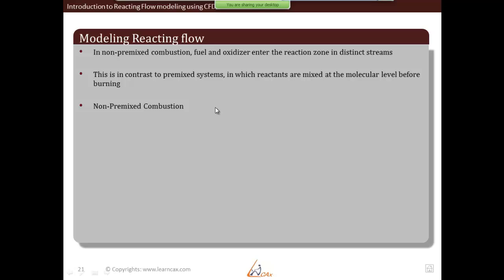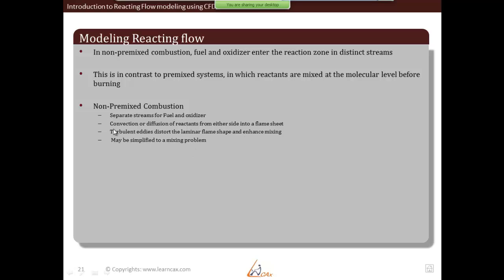Non-premixed combustion will have its own typical properties, like separate streams for fuel and oxidizer. Convection or diffusion of reactants from either side into the flame sheet will be there. Also turbulent eddies will distort the laminar flame shape and enhance mixing. This sort of non-premixed combustion may be simplified to a mixing problem,